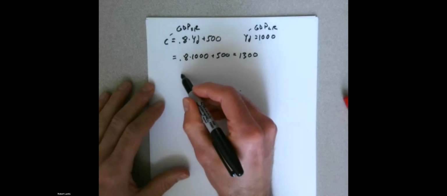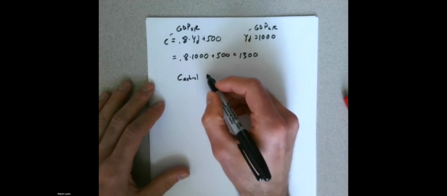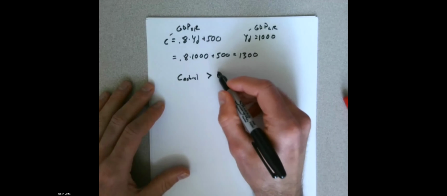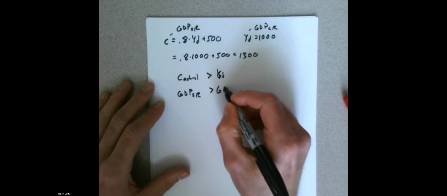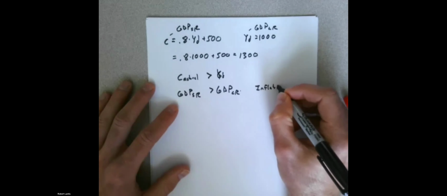So in this example, actual consumption, or our short-run GDP, is greater than disposable income, which was our long-run GDP. So if this is the case, GDP is currently too high, we would have an inflationary gap, right? GDP is too high. What do we want to do? We want to actually lower it.